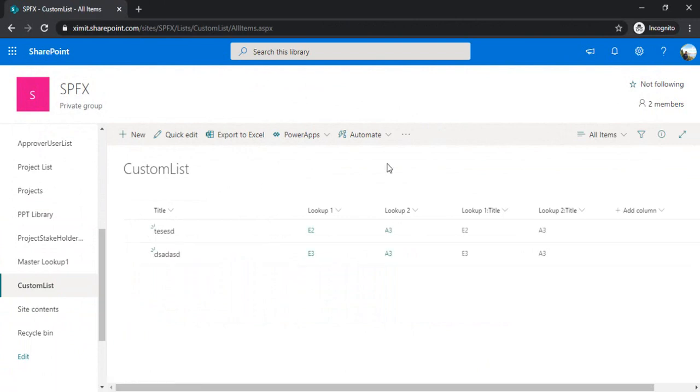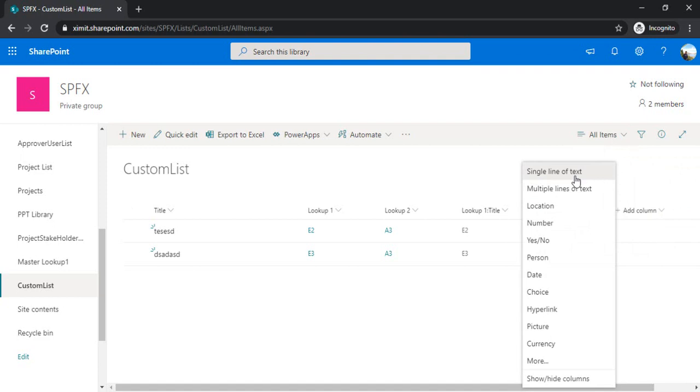Let me pick one of my lists, a custom list, and show how you can format the column. For example, in this row, I would like to have one action button which can perform some action based on click. So rather than creating an application customizer or list customizers, we can quickly have that button with this custom formatter.